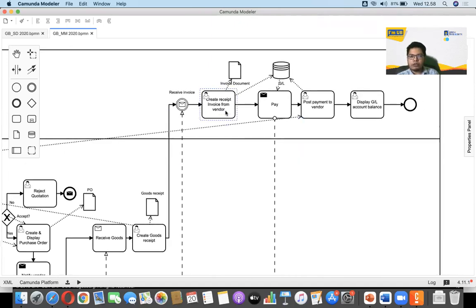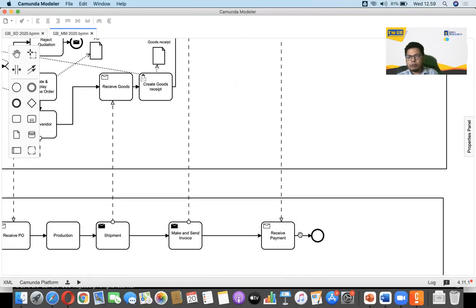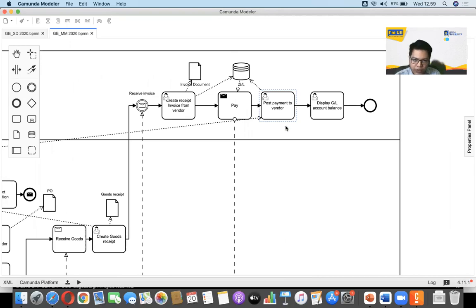We create the invoice receipt from the vendor because perhaps the invoice from the vendor is not in the same format, so we put it into our system. There will be an invoice document, and then we pay. This updates the general ledger and the vendor master database. Then the vendor receives payment, and we post the payment to the vendor and update the system that we already paid.